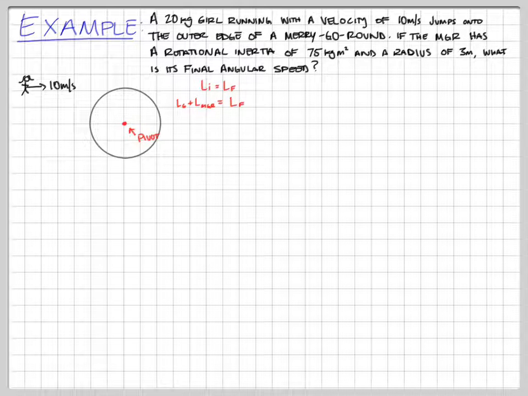our possibilities for initial angular momentum are the angular momentum of the girl plus the angular momentum of the merry-go-round. If the merry-go-round's not moving, it doesn't have any angular momentum to begin with. The angular momentum of the girl, since she's moving in a straight line, is mvA. If we look at how she's going to jump onto the merry-go-round, A in this case comes out to be R. So we'll plug that in a second. But mvA always, for angular momentum, plus 0